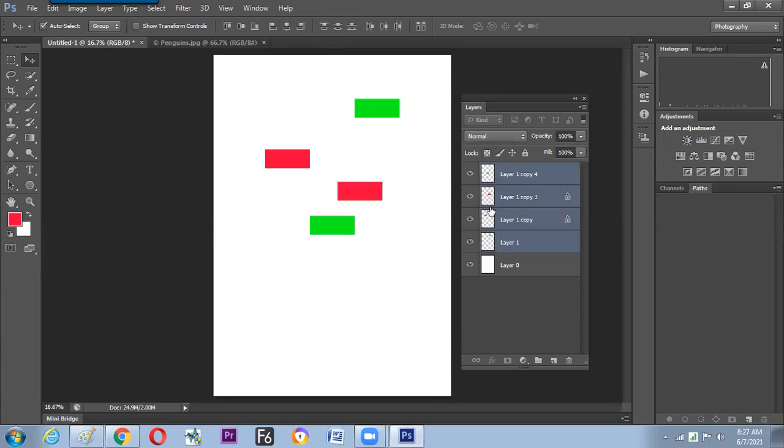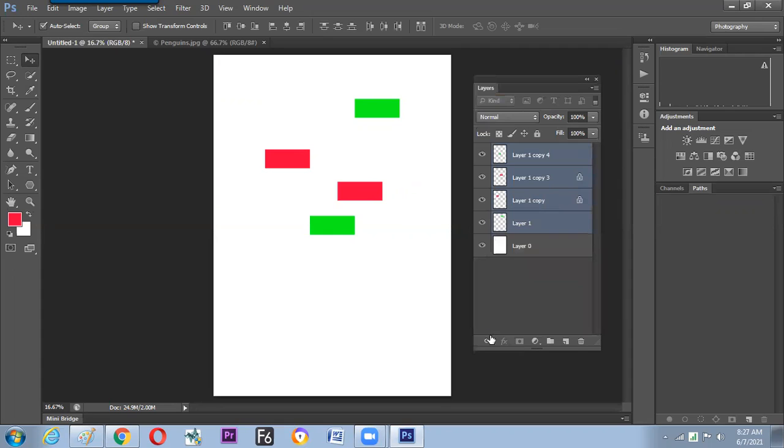So what is the topic going on? How to make alignment to the target object. Step number 1, select all the layers by holding the shift button and clicking the minimum and maximum. Now there is a link button at the left bottom of your layer window. Just click over there, and everyone will find a link-like icon. Now 50% of the job is over. It is time to select this particular one now.